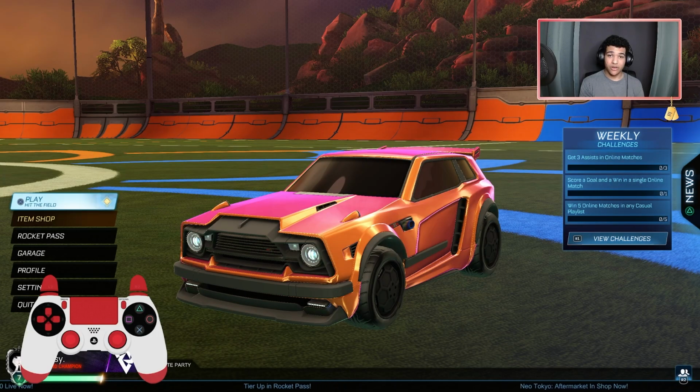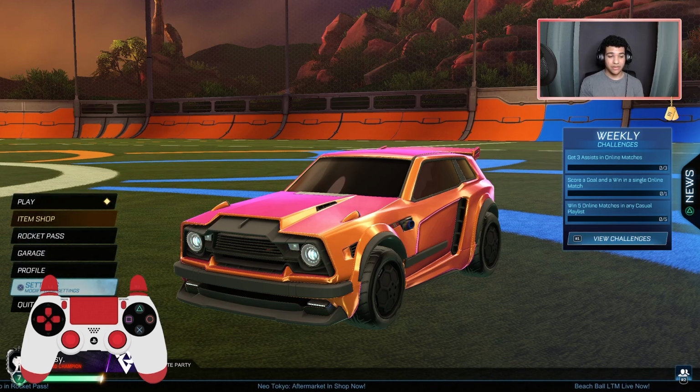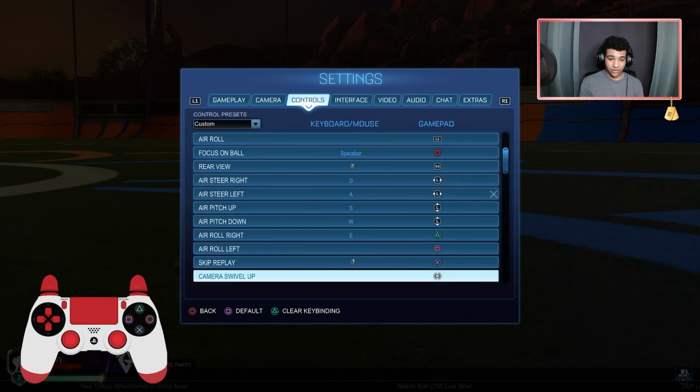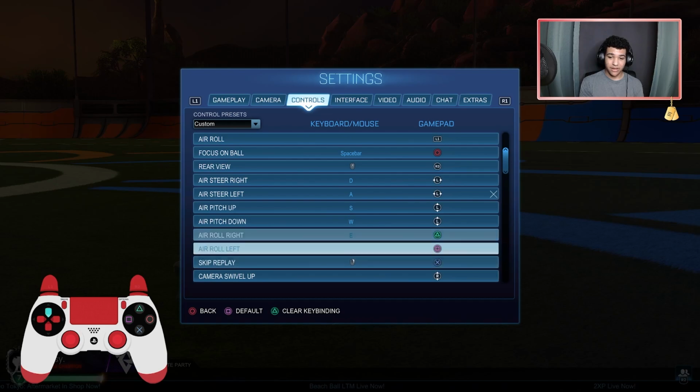So today, I'm going to be teaching you guys how to begin air rolling properly. And to do this, we're going to start from the very first step. Now that's going to be going to settings, then controls. You're going to go down to air roll left and right, and choose which button you want to assign to